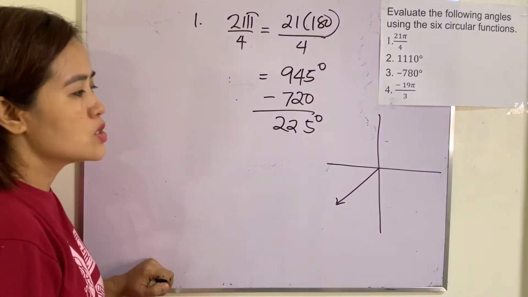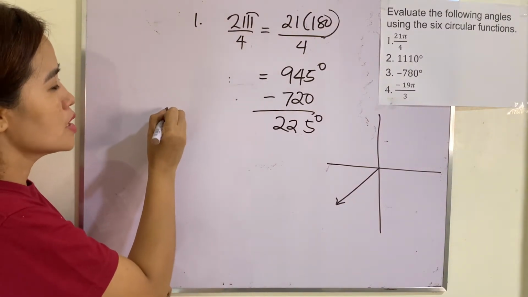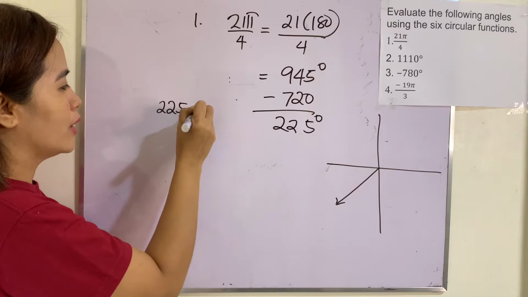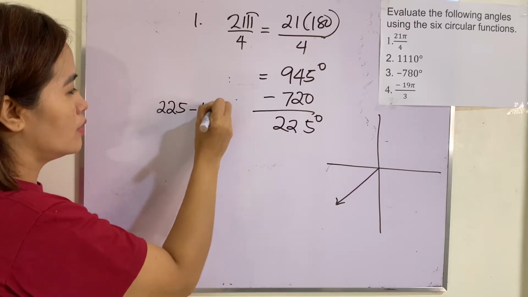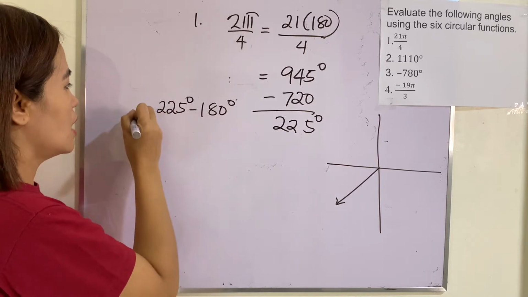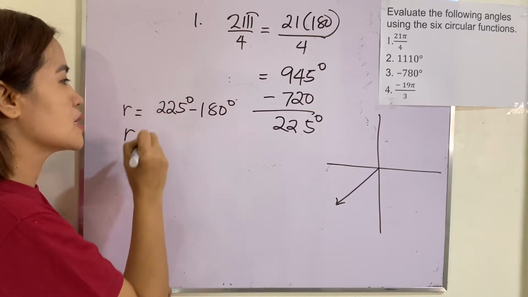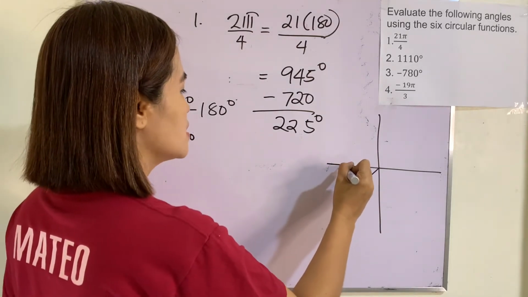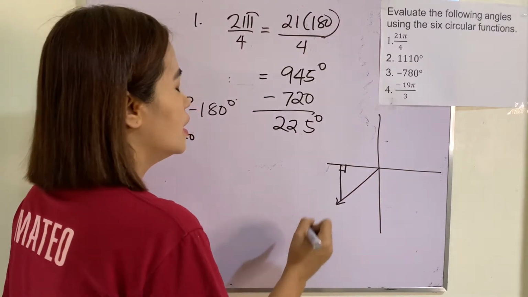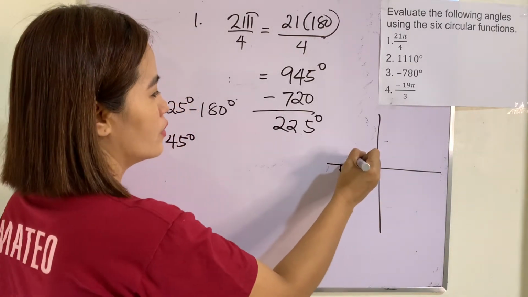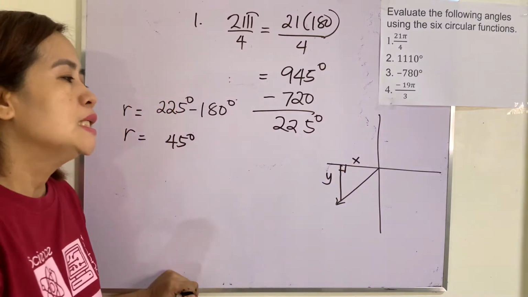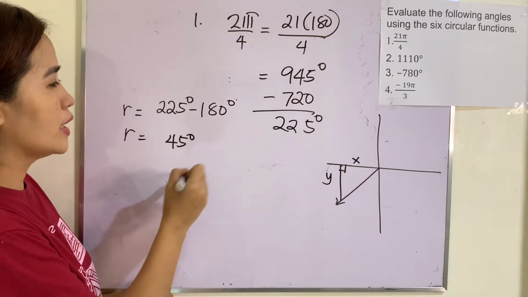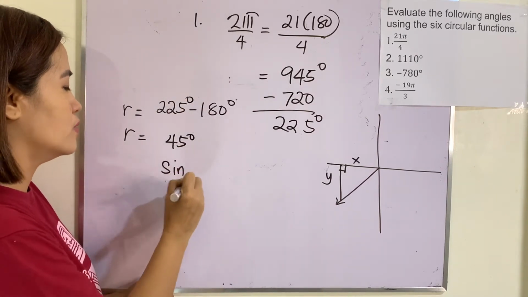It's here. So, to get the reference angle, we'll just subtract 225 by, of course, 180 degrees. So, this one is the reference angle. The reference angle, therefore, is 45 degrees. We know already that in a 45-45 triangle, the x and the y are equal or congruent, and they are both negative. So therefore, to find the 6 circular functions, we have sine of,